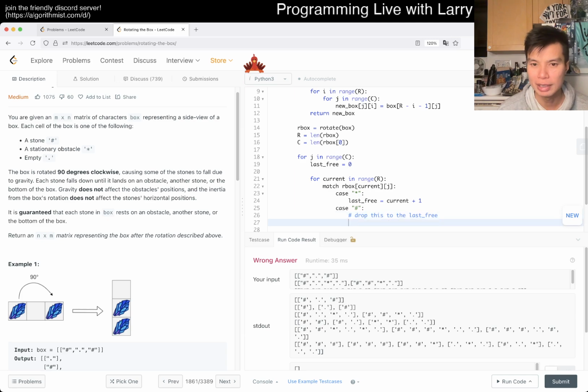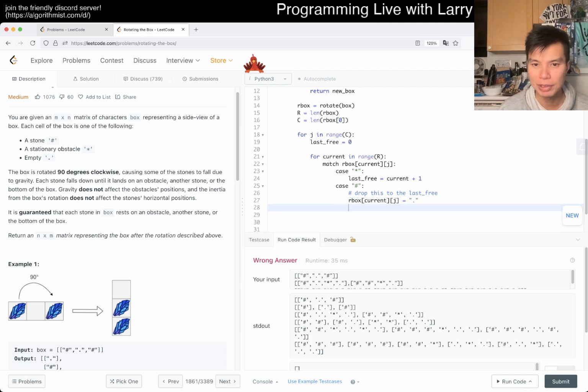So then we want to say our box of current of J is equal to right, because we drop it, and then we drop it to last free. So our box last free of J is equal to the stone, and then we want to say last free is going to be equal to increment by 1, right? That will always be the case, because